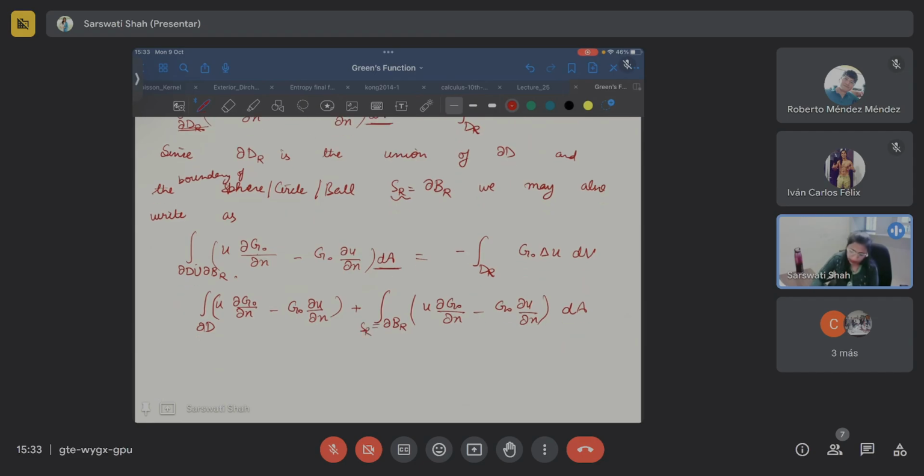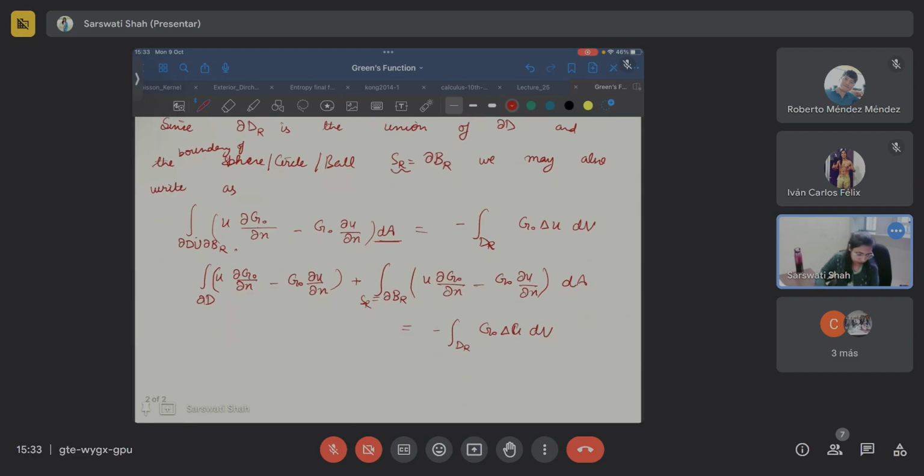This is basically S_R we are writing. If we multiply it with the negative sign, then we write minus, minus and then plus, and write it like